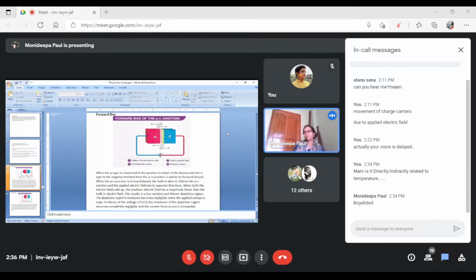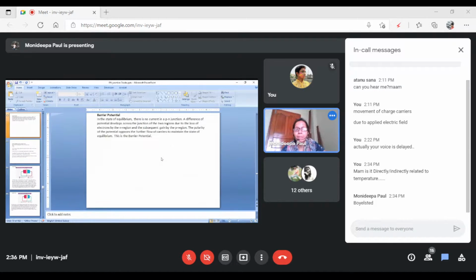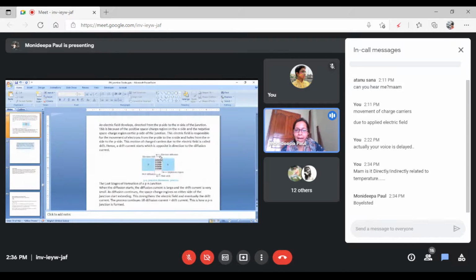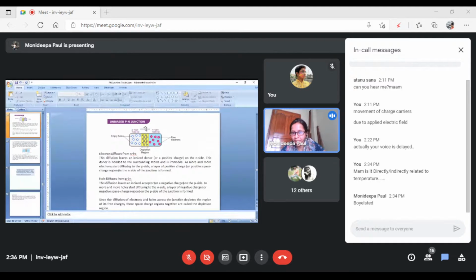So forward bias. What is forward bias? Here you see this figure. This is the semiconducting material. This is a single material, not two materials. This is the compound extrinsic type semiconducting material. This side is the P-type side, and this side is the N-type side. That means the P-type side is represented by the arrowhead, and this straight line represents the N-type side.